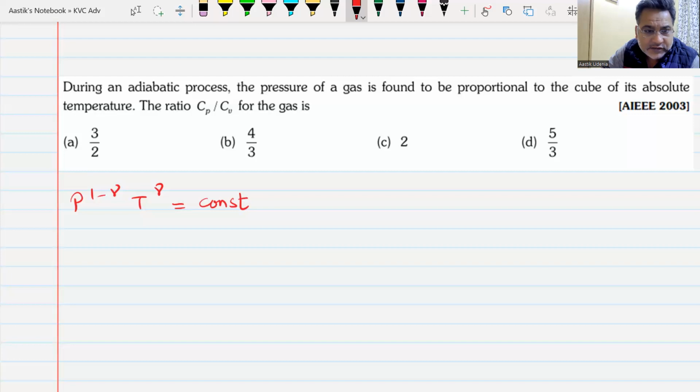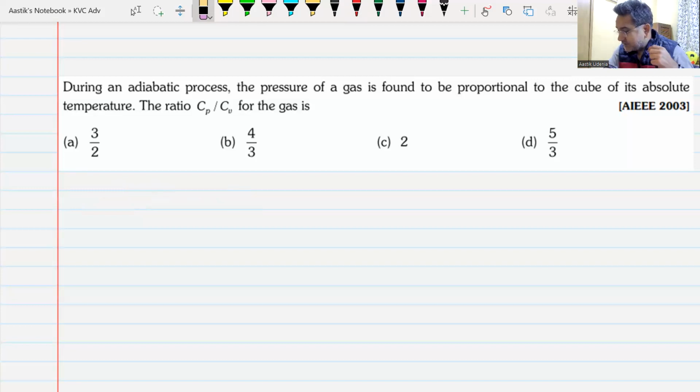I think I've written the right equation. I can check it. We can check it using gamma. Oh yes, I've probably written it in the reverse order, I think. Let me just go back and check it, what equation I have given. Indicator diagram, here it was. I think I've written